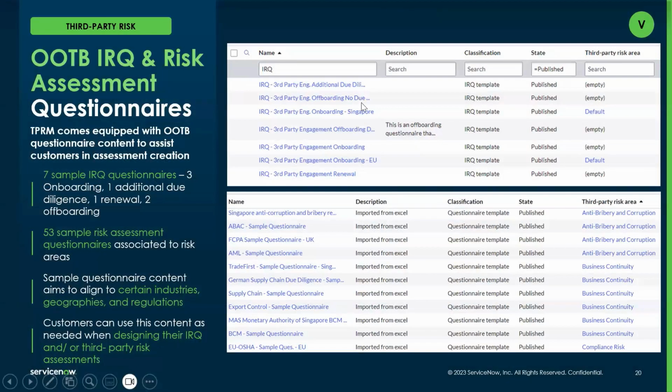As you can see, when you review the out-of-the-box content, which lives in the questionnaire library, you can see not only where it's aiming to be asked, but specifically for those external assessments, you're able to gauge insight into what specific location or regulation this question is covering, but then also the risk area in which you're gaining insight.